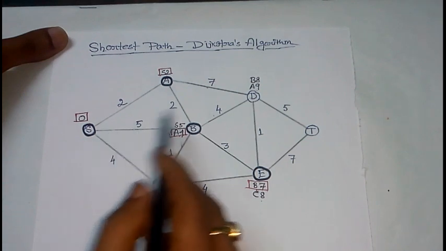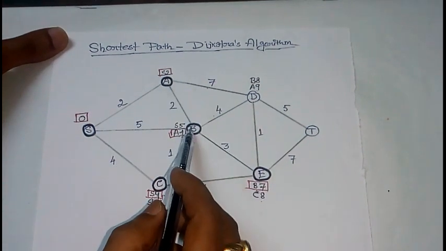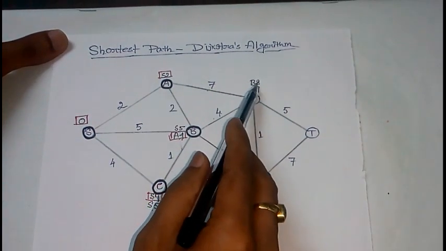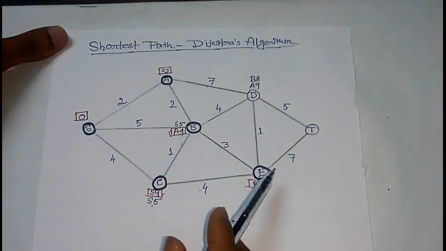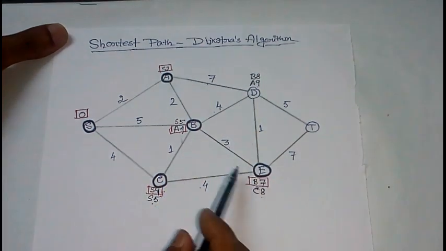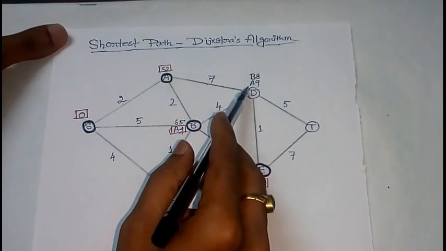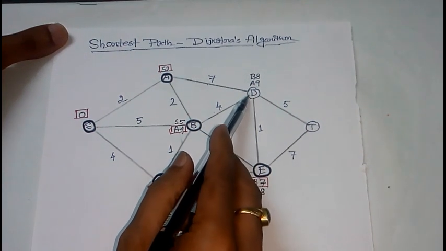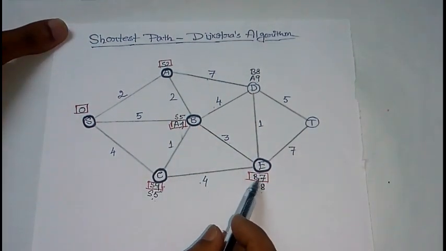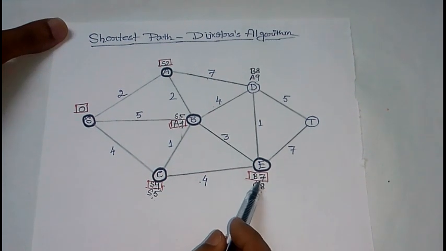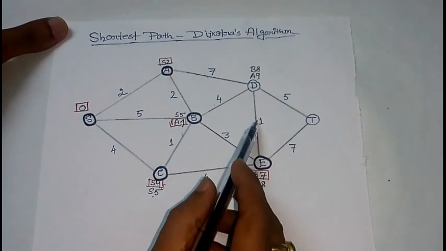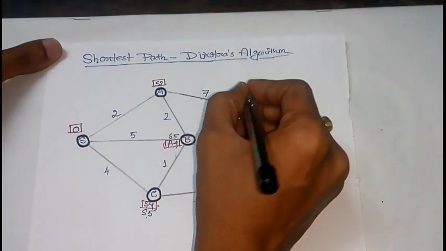So distances from S to D via A and B are already calculated. That is B8 and A9. So only one path is left from E to D. Now if we move from E to D, what should be the temporal level of D in that case? As we see, the temporal level will be 7 because this is the permanent level of E plus the distance, that is 1. So it should be E8.